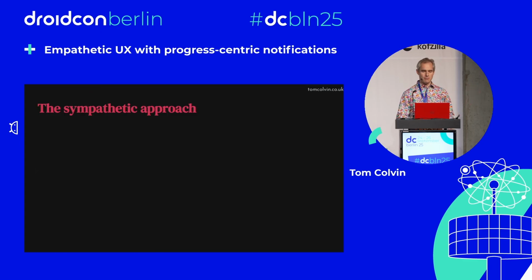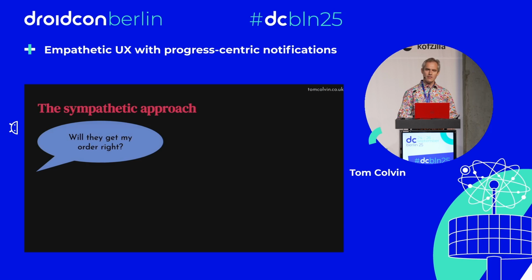So let's think about sympathy. A sympathetic approach would ask, take one of these questions, for example: Will they get my order right? If we're being sympathetic to the user, we're sort of pitying the user. We're saying, okay, we understand that you're worried about that. And a sympathetic approach to dealing with that particular question, which might turn into an anxiety, might be one of